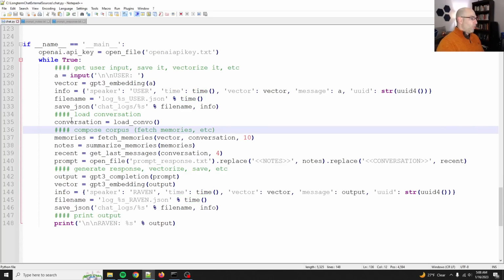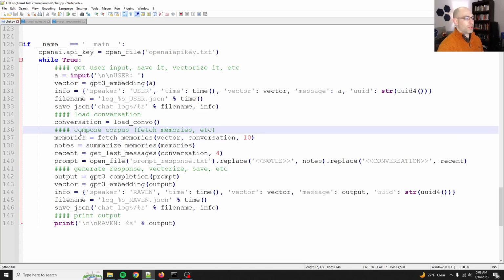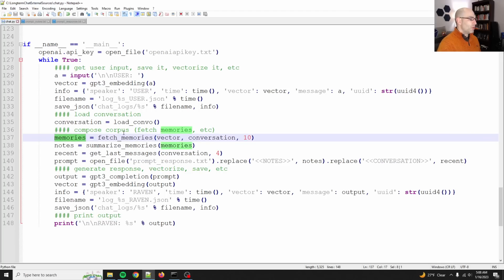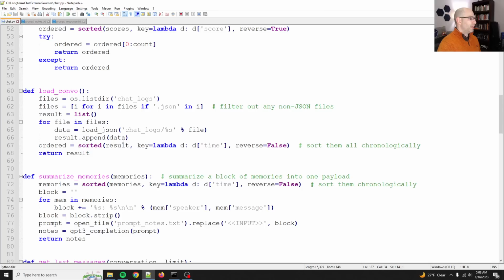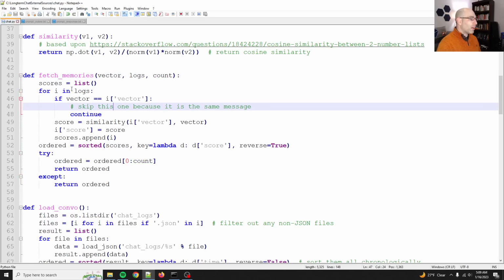So then, once we have the user input, it's time to compose the corpus. If you've read my book, Natural Language Cognitive Architecture, the corpus is all the context that is needed to generate a response, to do something, to perform cognitive labor and prepare to respond. So first, we fetch all the most recent memories with this function called fetch memories. For fetch memories, we pass it the vector for the most recent input, we pass it all the chat logs, and then we tell it how many we want to get back. And this does a very, very simple